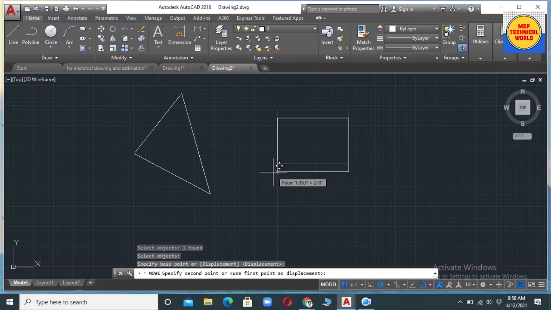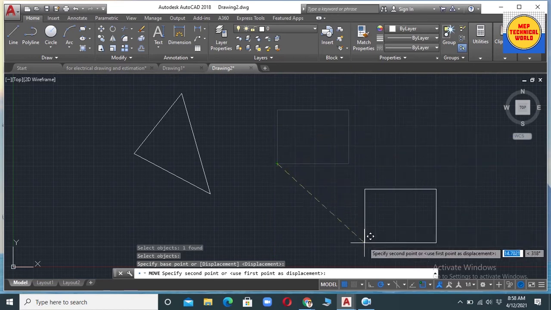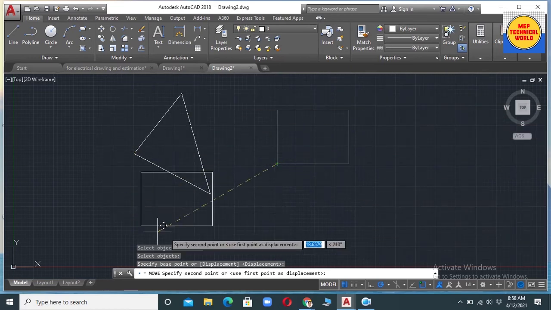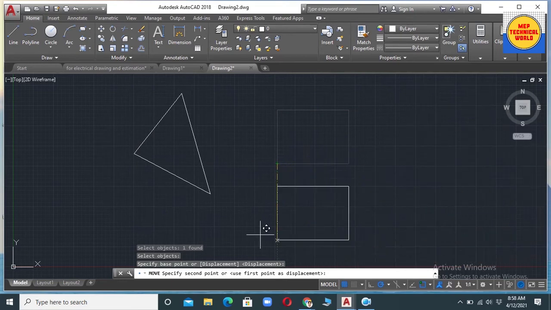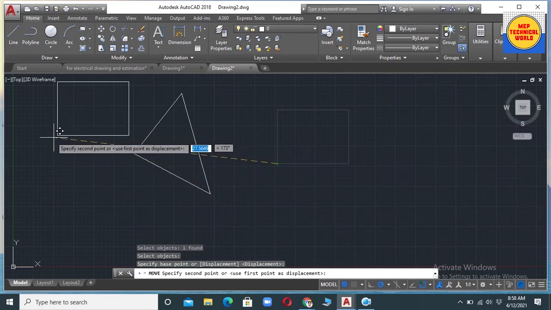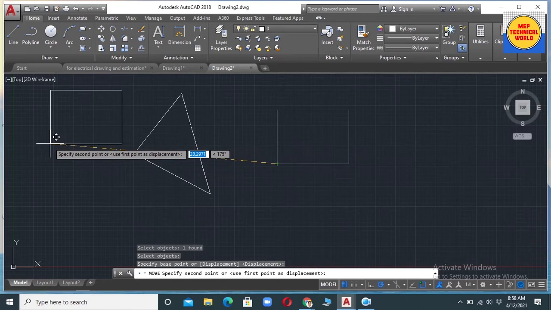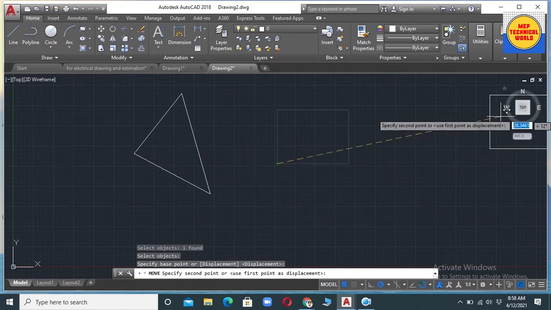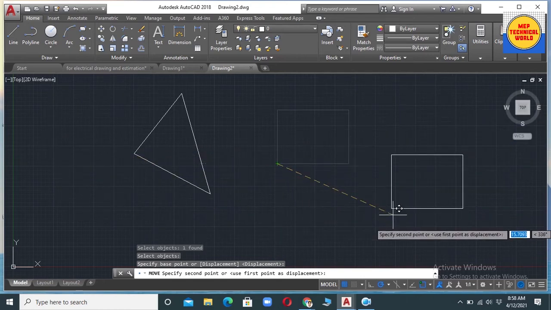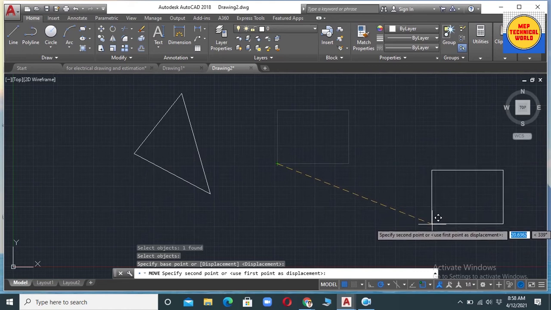Now you can drag the mouse wherever you want to move the object. Suppose you want to move this object over here, then you can click over here. Now let's click on it.